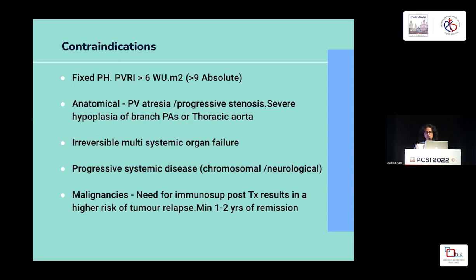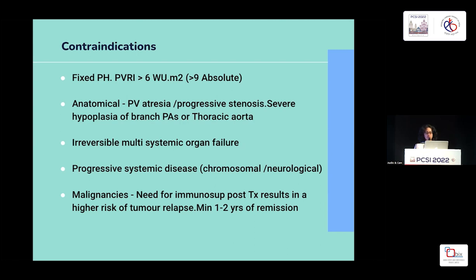What are the contraindications? Fixed PH. A cutoff of 6 has been used by most of the centers. However, we are slowly moving towards 9 as per the newer studies which have come up from 2015 onwards, which have demonstrated that a PH of 6 to 9 would be borderline, and up to 9 could be manageable. All anatomical causes which could preclude anastomosis between a donor and a recipient organ, such as pulmonary vein atresia or progressive stenosis, hypoplasia of the branch PAs,